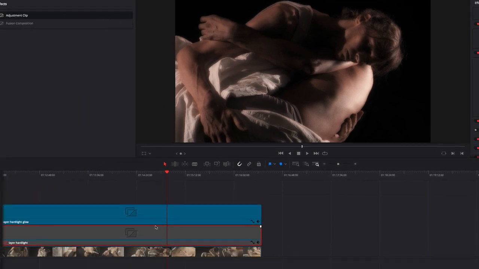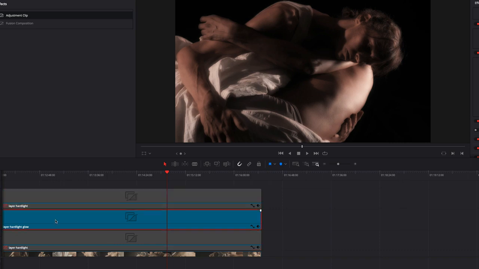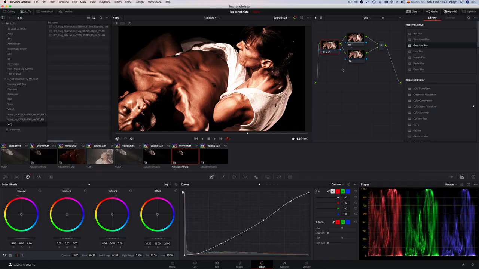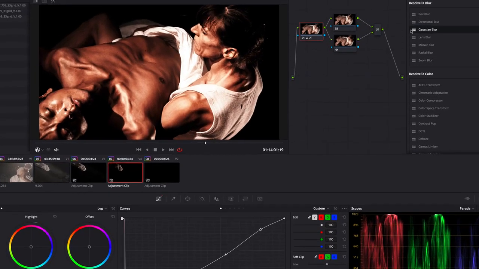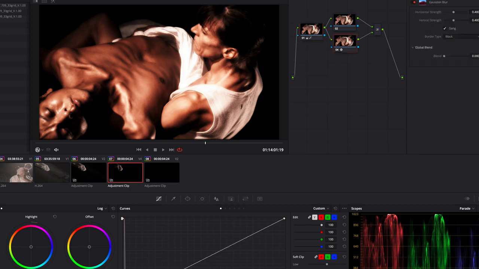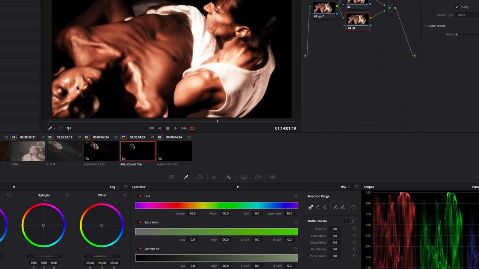So let's duplicate again the lower layer and activate it. Select one of the layers, and again we are going to add the Gaussian blur here. But if we want to add the glow only to the highlights, we are going to go to the qualifier and set a threshold